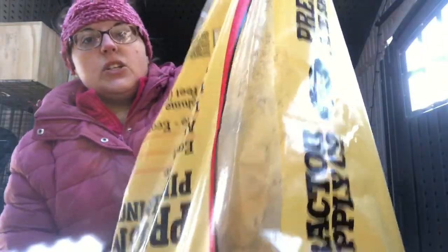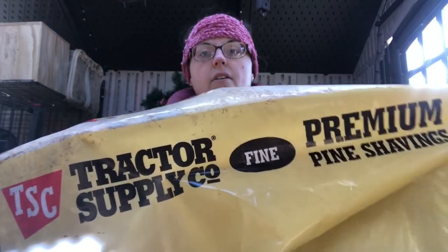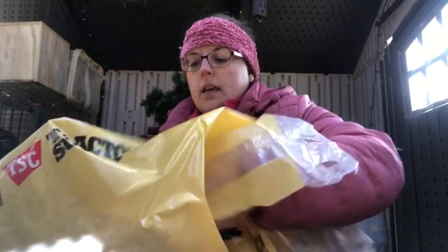You can use a cat litter box, but I suggest those just because you can hook them onto the side of the panels of your cage so that they don't flip them, because bunnies really like to dig and they will flip stuff. And then, whether you want to put it on the bottom of your pan to kind of help with the smell, or in the litter box, depending on if they're outside or inside, or all through the inside of your hutch, the best thing to do is to get a big bag of this Tractor Supply fine bedding. It looks like...